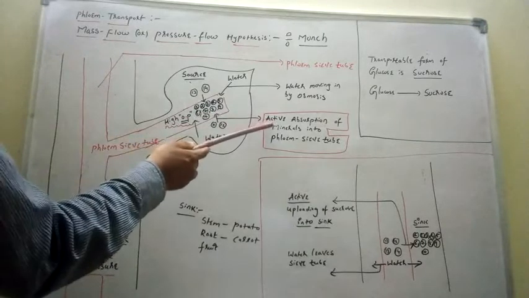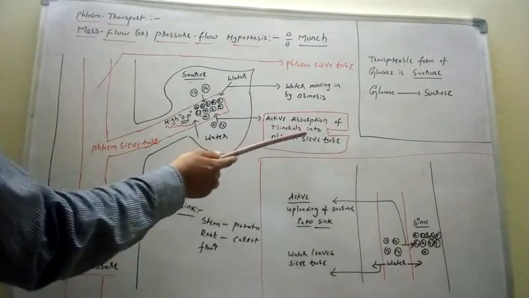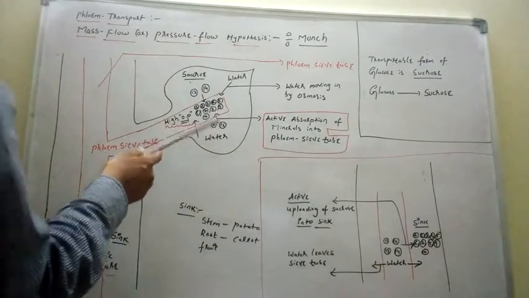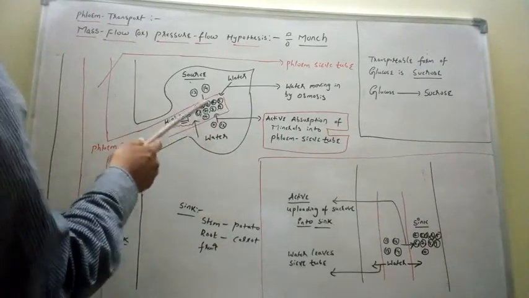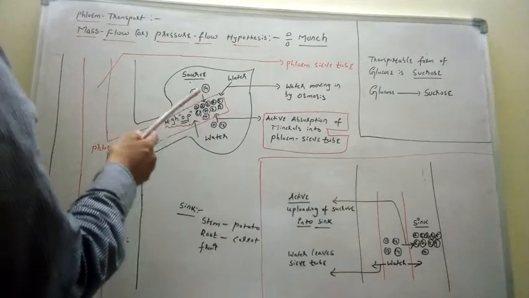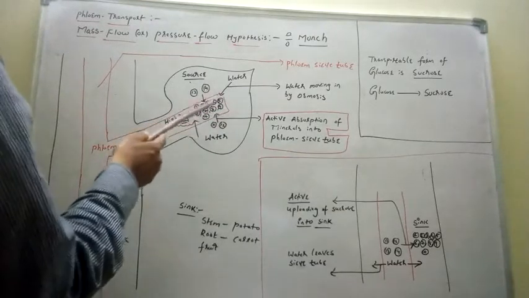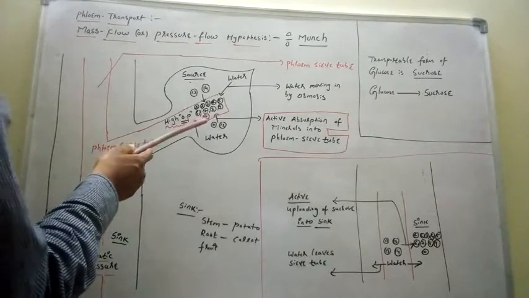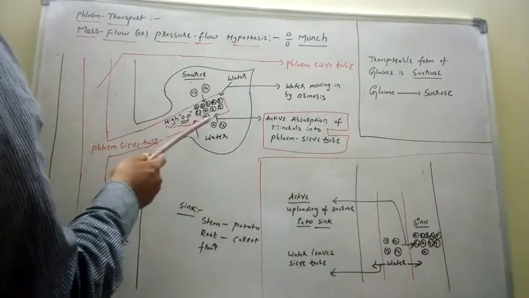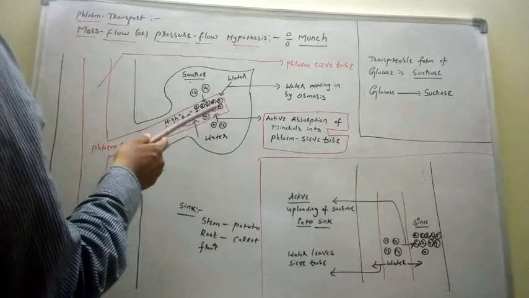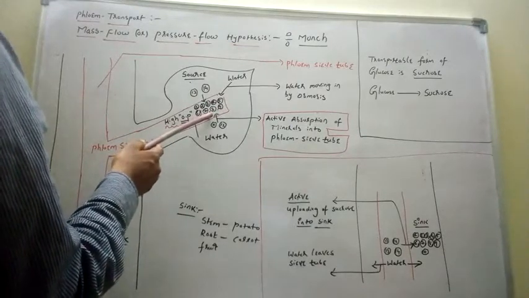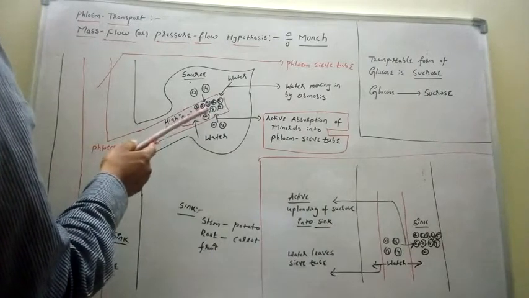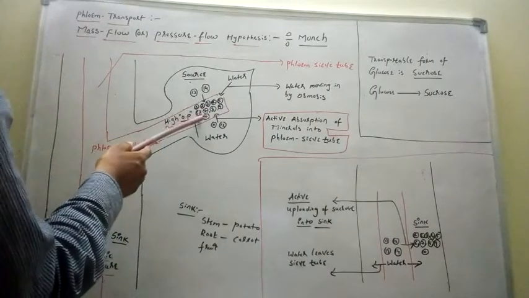This is very important, by active absorption. Now when sucrose, all the 14 molecules, 1, 2, 3, 4, 10, 11, 12, 13, 14, enter into the sieve tube, these sucrose molecules are acting as the solutes. So when a large amount of solute molecules enters into the sieve tube, what will happen? The osmotic potential increases. So because of the increase in the osmotic potential, osmosis will take place.